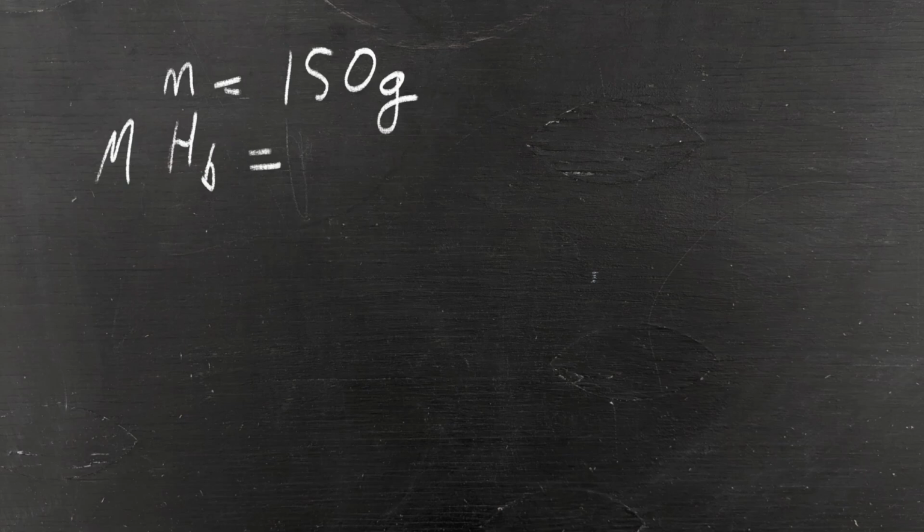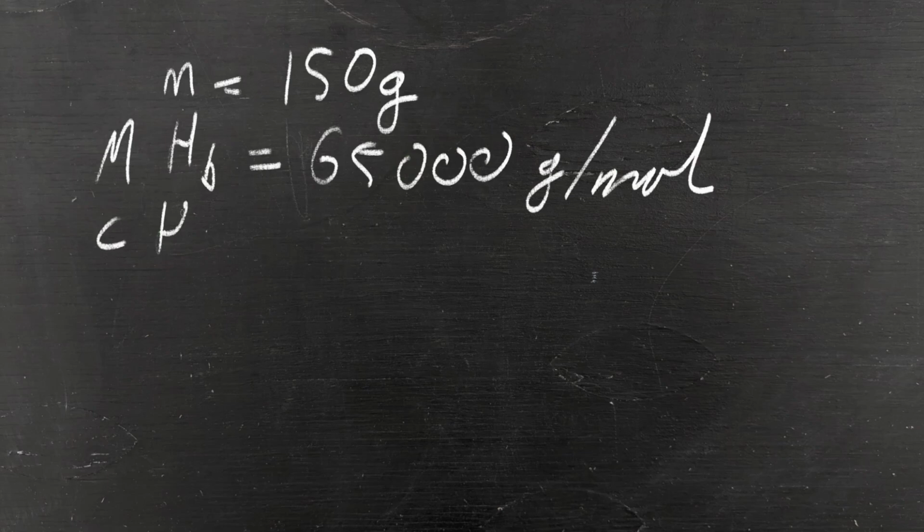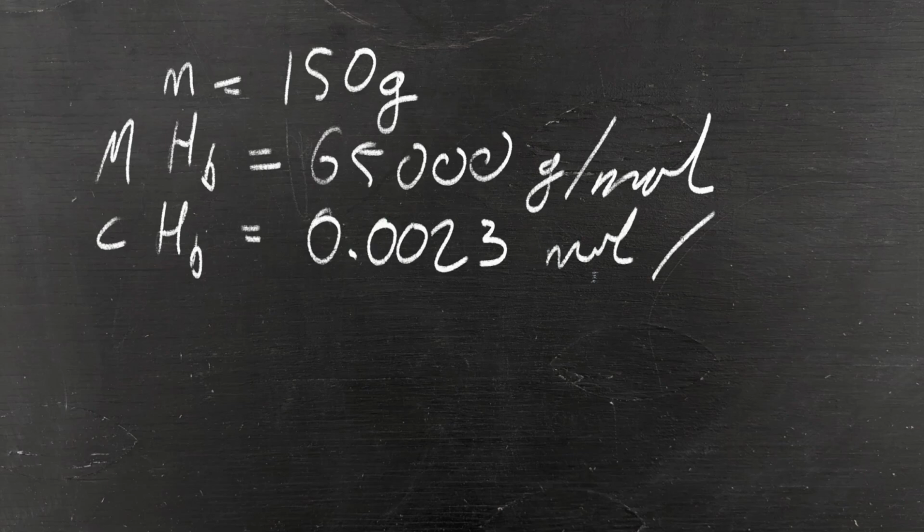However, the intensity of the color for blood is too great for it to be a d to d transition. Let me show you with a quick calculation. For a healthy human, in 1 liter of blood, there should be approximately 150 grams of hemoglobin. The molar mass of hemoglobin is approximately 65,000 grams per mole. So the concentration of hemoglobin in a healthy human's blood is going to be approximately 0.0023 moles per liter. Each molecule of hemoglobin contains 4 iron atoms. So our concentration of iron is going to be approximately